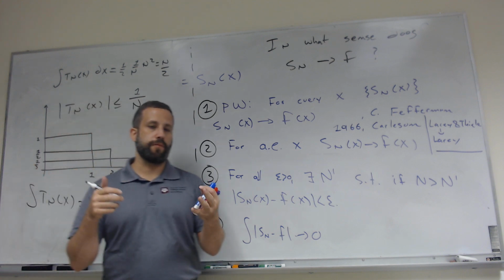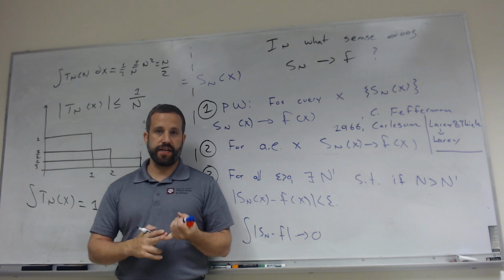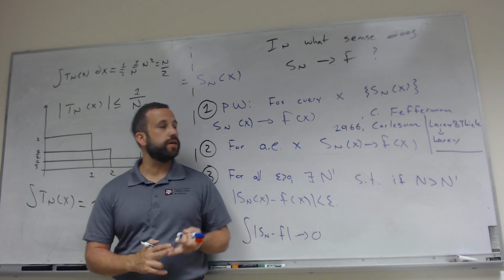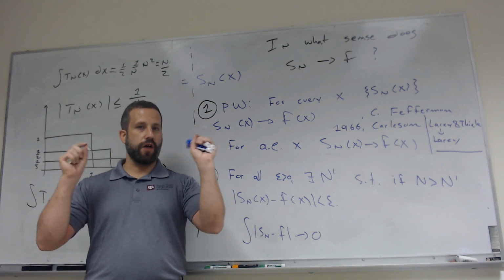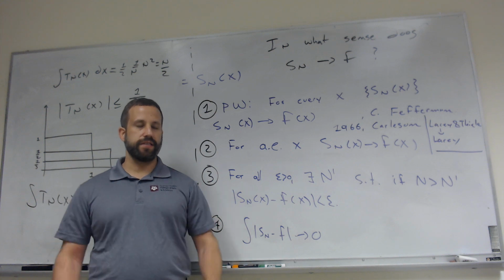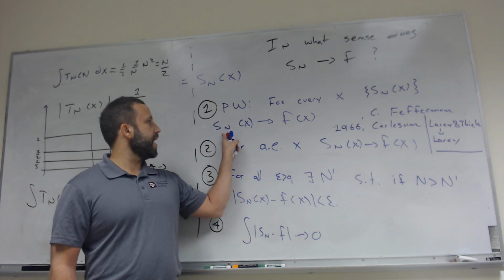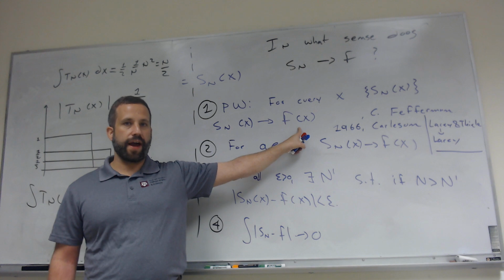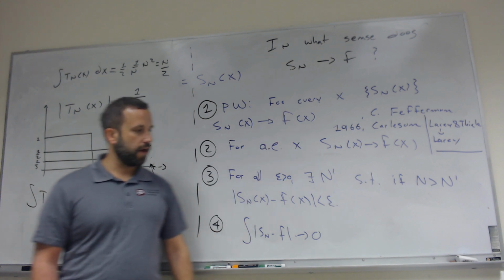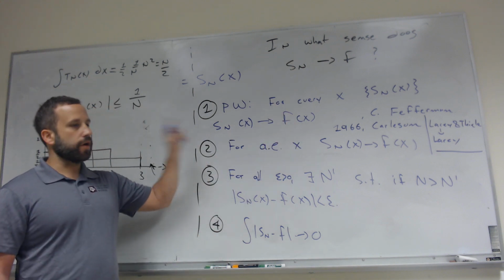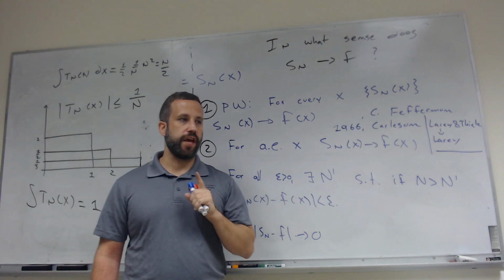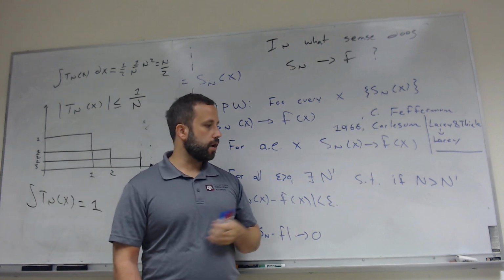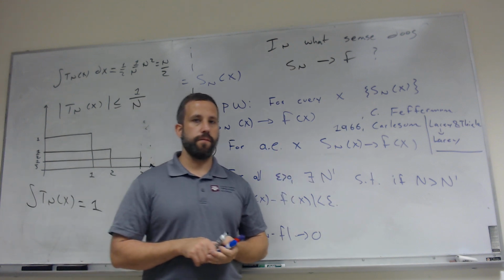Actually, the main thing that we're going to prove in this class is that if f is continuous and its derivative is continuous, and it satisfies this other condition at the boundary that, like I said, I'll talk about in a moment, then Sn of x is going to converge to f of x for every value of x. Okay, that's it for this video. I know this one was kind of long, but again, I just wanted to point out these different modes of convergence.